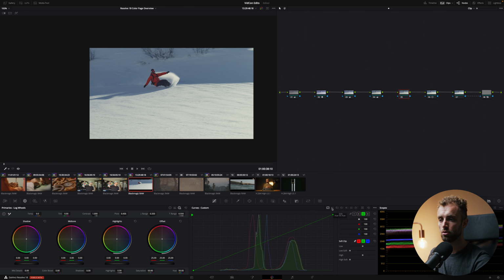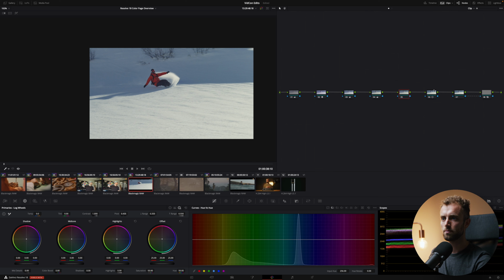Next up, we've got the hue versus hue slider. Now, I chose this clip for a reason. Let's add in a bit more contrast. Because it's super nice to be able to have so much control over a particular color. For example, I only want to affect the red jacket, I can punch in this red dot and it will create a dot on the magenta and on the yellow side. So I can only affect the red and see what happens.